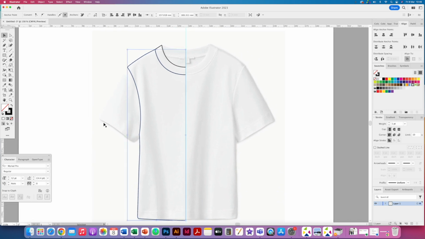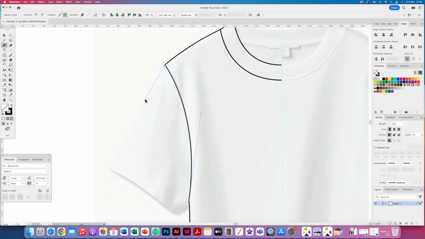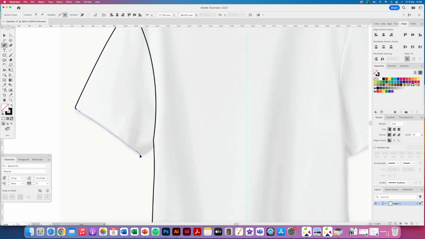So the next part I want to do is the sleeve. So again, I'm going to get the direct selection tool and just select this curve in the arm, copy it, Command C, paste on top, which is Command F. And I'm going to start at the top here. I might want to zoom in a bit again. And start tracing around the outline